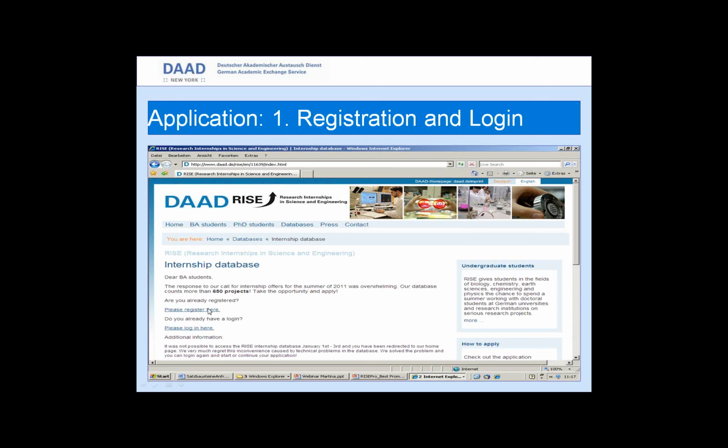Some of the universities have problems with the emails because the browsers do not allow our automatically generated DAAD emails, so they do not receive them. In that case, you will have to contact us, write an email, so that we can finalize the login process. Okay. When you have confirmed the email, or if we have finalized the process for you, you can log